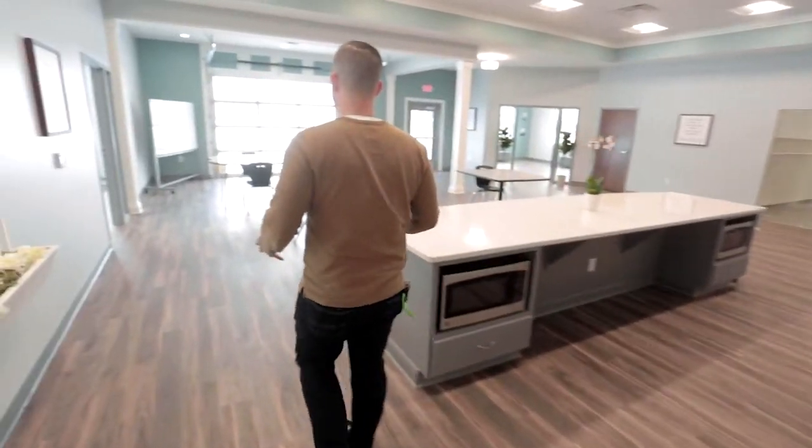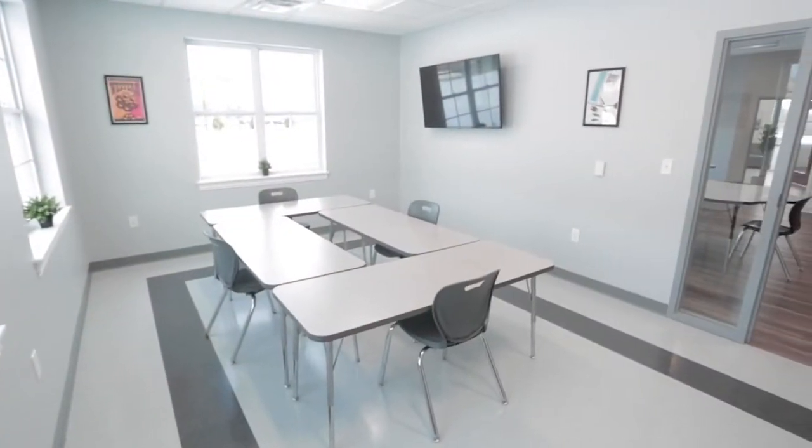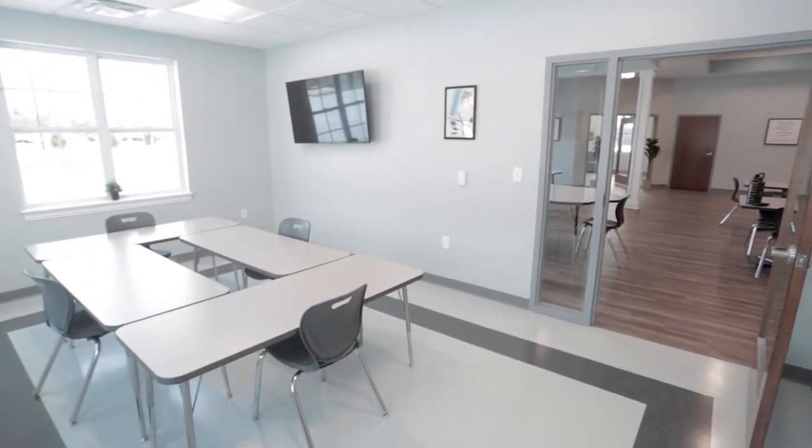This is the main cafe, the main center of our space. So from this location here, it's very easy as a branch manager or staff member, you can look and see the multiple program spaces that we have here around the room. You'll notice each of these program spaces, we've got side lights along the doors, and the doors have glass inserts, if not fully operable windows as well. This gives us really great sight lines into each of our spaces, and we'll use these for a variety of activities, small group activities, skill building activities that the folks that come to Empowered can choose to participate in. And it's a great way for staff to break off in a small space, but also still feel very connected